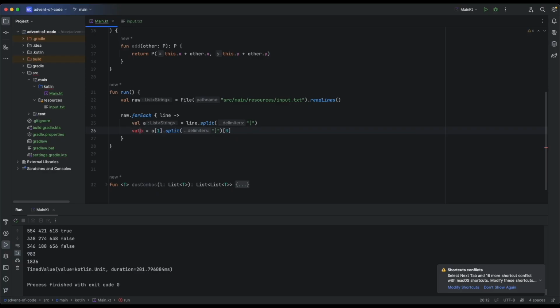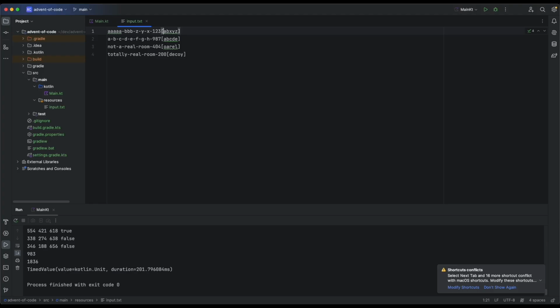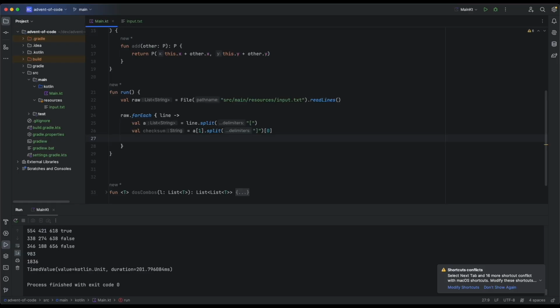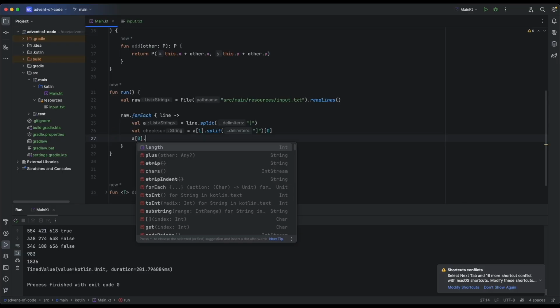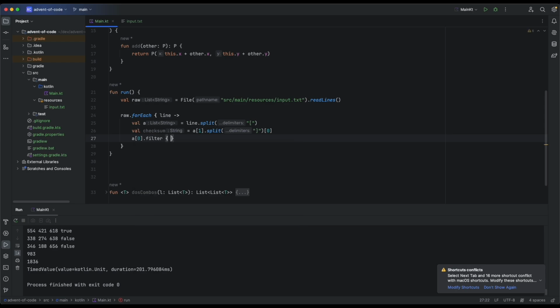This is the checksum, and then we should remove all the digits from the rest. A0 dot filter it dot is digit, filter not is digit,